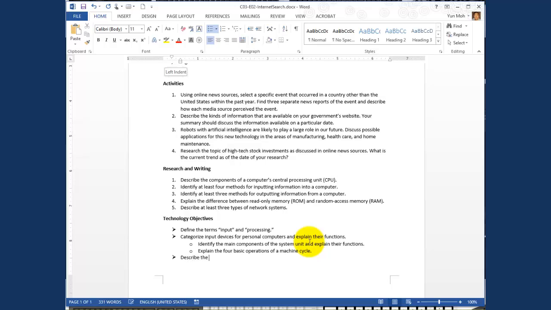And then describe the different types of computer memory and their functions, period. And of course, if you hit the enter key once, twice, and then you get out of the bullet mode, just like to get out of the numbered paragraph mode. Just at the end, you hit the enter key two times. All right, so that's the end of 3.2c, and we'll move on to